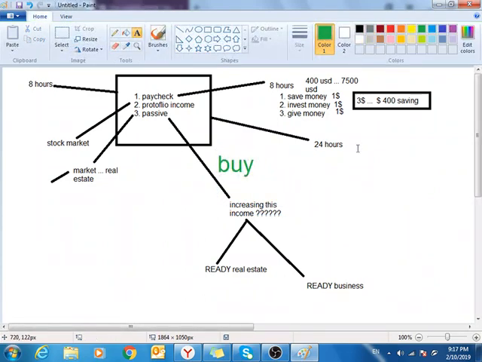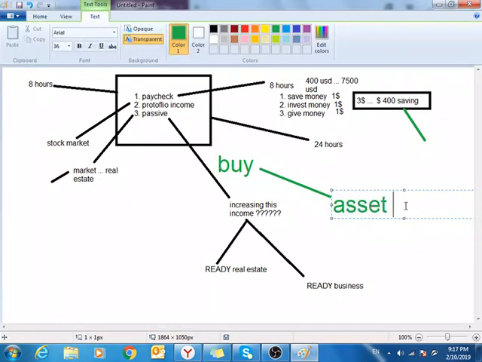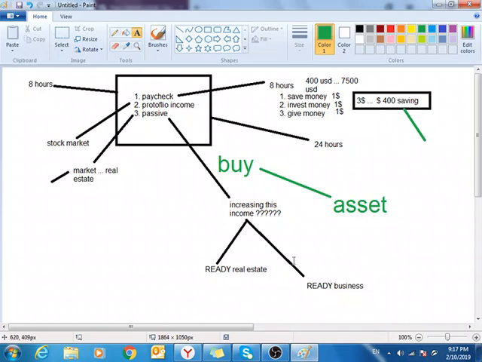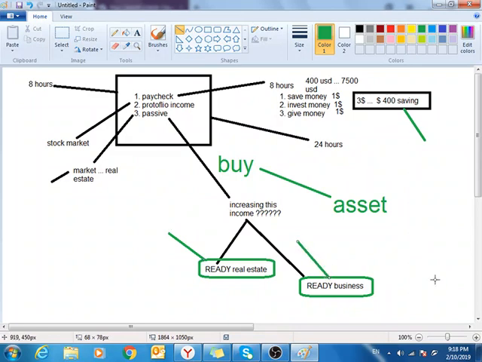Okay. So if you said here I'm saving, and if you said here I'm buying, I would say buy asset. This is what I'm looking for. To increase this passive income, I will say okay, one, I will focus on ready real estate. Second phase, I will focus on ready businesses. To do this, well,